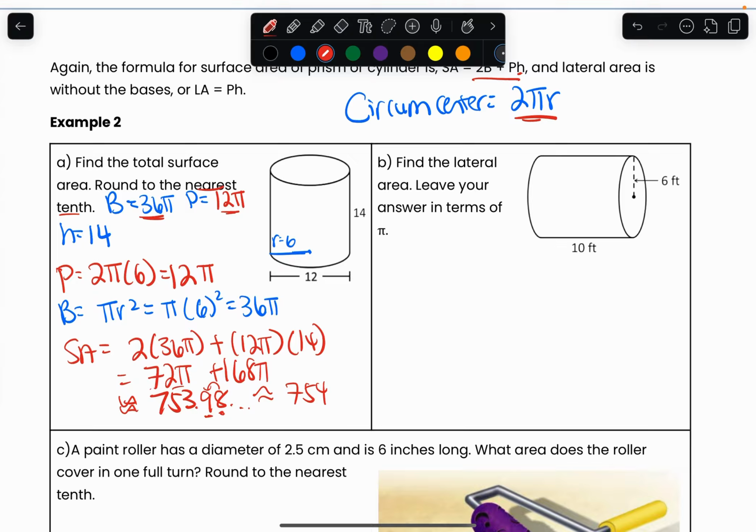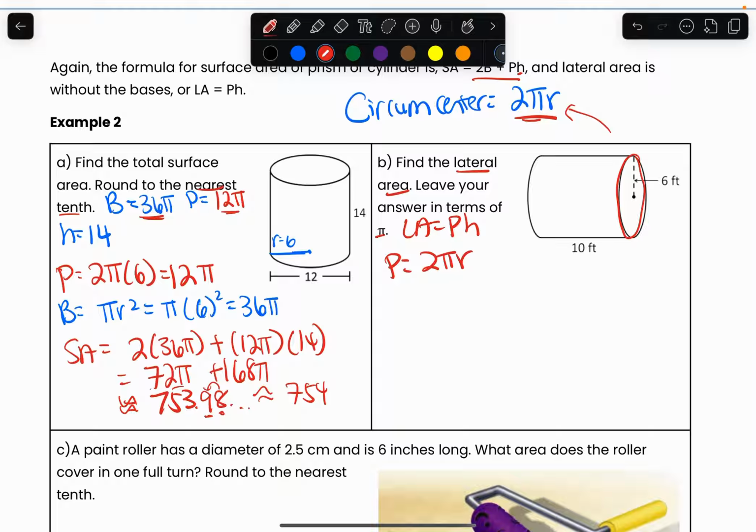Now, let's take a look at the next question, which is question number 11. It says we're going to find the lateral area, and we're going to leave my answers in terms of pi. This means this time we're not putting the pi into my calculator. To find the lateral area of this cylinder, lateral area equals perimeter times the height. If I look at my base here, this is a circle, so for the perimeter of a circle I have to use this formula right here, which is the circumference. Circumference is the name for perimeter of a circle. My circumference is going to be 2 pi r.